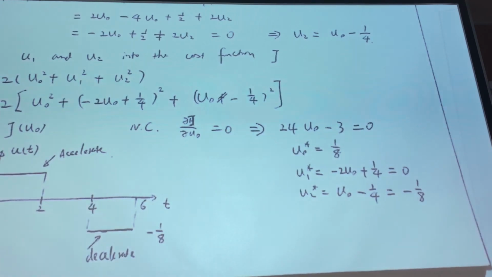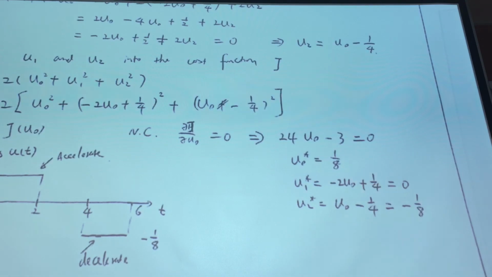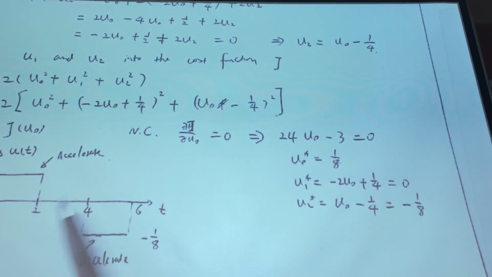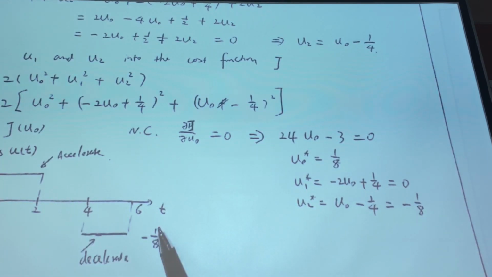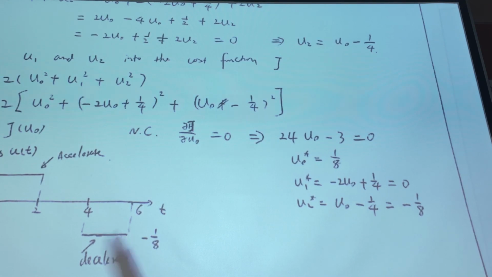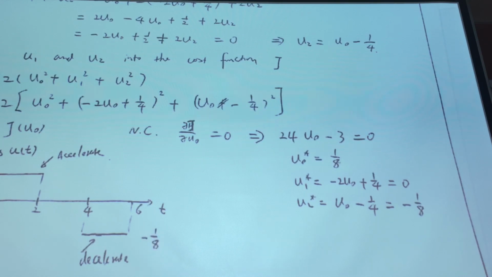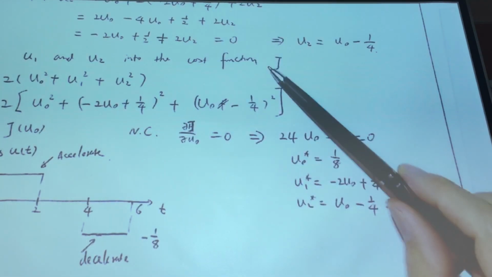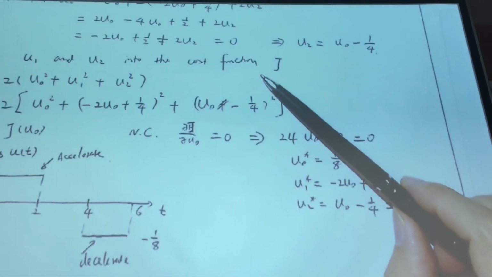So it's optimal. By using this control, we can minimize the control cost and fulfill the constraints. So today we use this example to show how to use